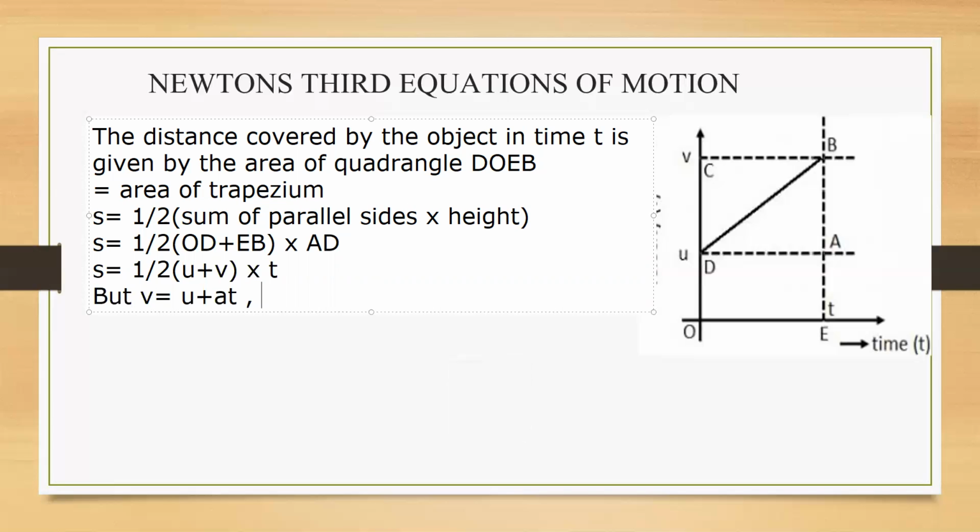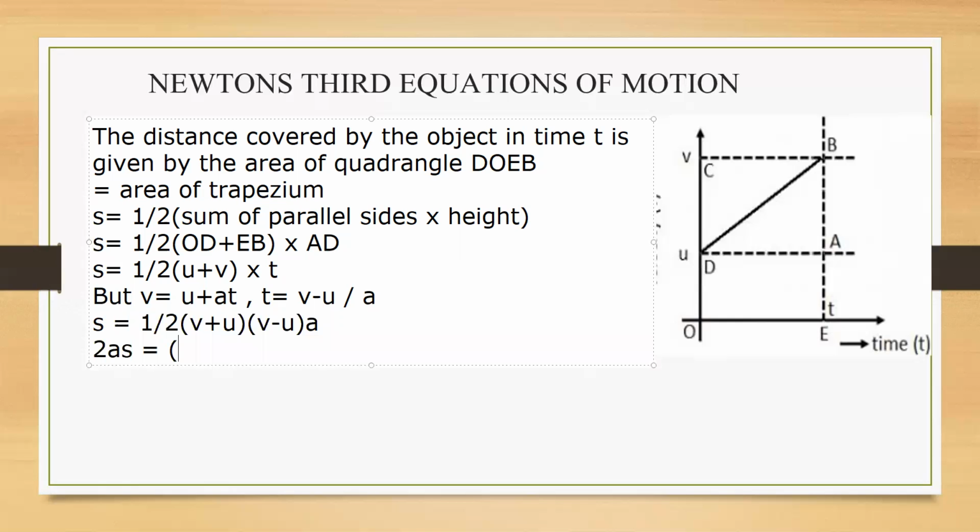So from this equation, T is equal to V minus U upon A. Instead of T in the above equation, we can substitute V minus U upon A. So the above equation becomes S is equal to half into V plus U into, instead of T, V minus U upon A. On cross multiplying, we get 2AS is equal to V plus U